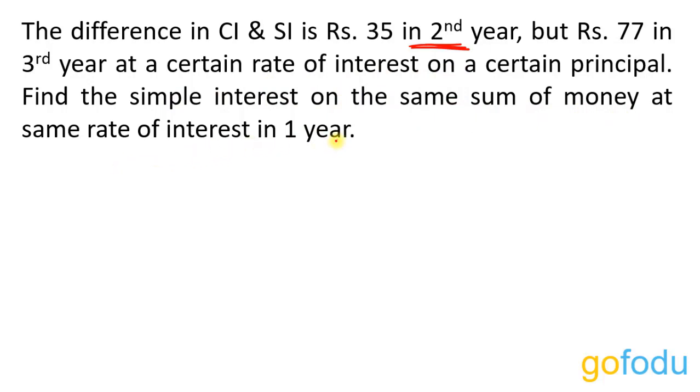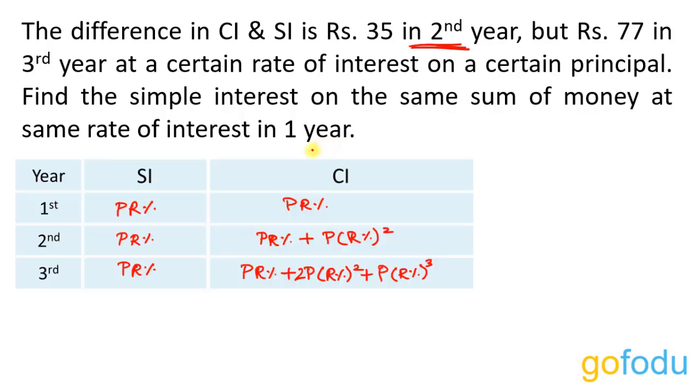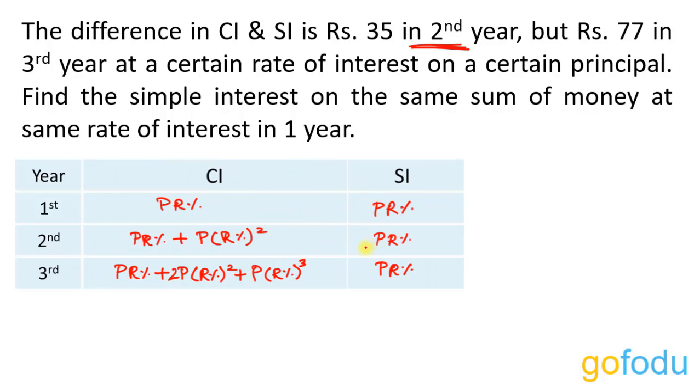So let's get back to the table that we have seen previously. And for your convenience, I am interchanging these columns. CI, I am writing it on the left hand side and simple interest on the right hand side. Now, difference in CI and SI is rupees 35 in second year. So second year,